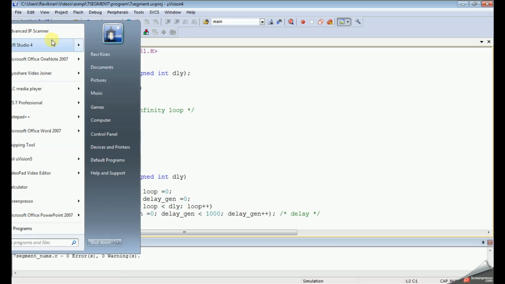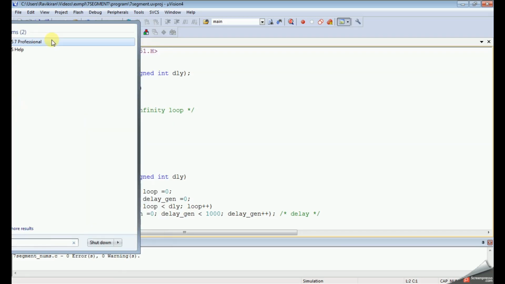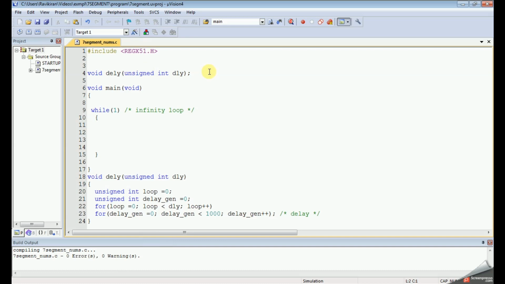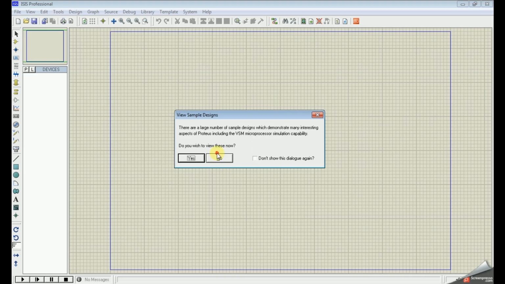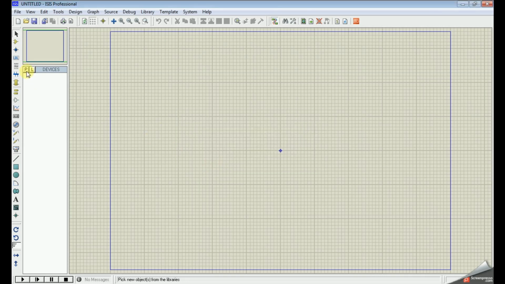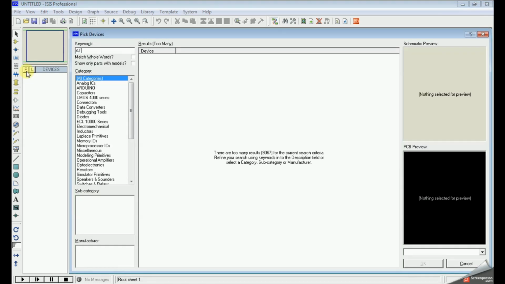Before that, let's make the schematic for this. Start in Proteus. Select the microcontroller.